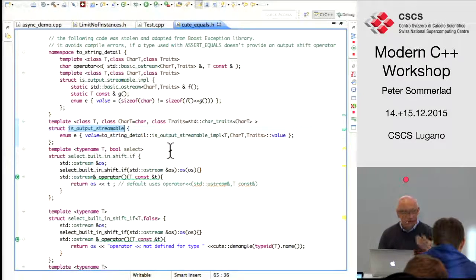And if it's not copy constructible, we can actually static assert on that and provide a compile error upfront and say, as a message, we require the type to be copy constructible.